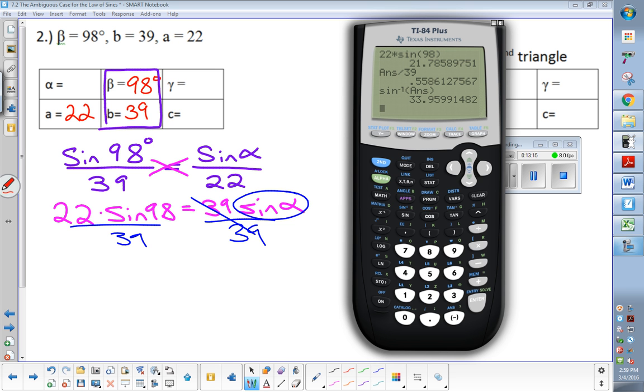It's not going to be a big deal if you close the parenthesis or not because there's nothing after it. If I had to